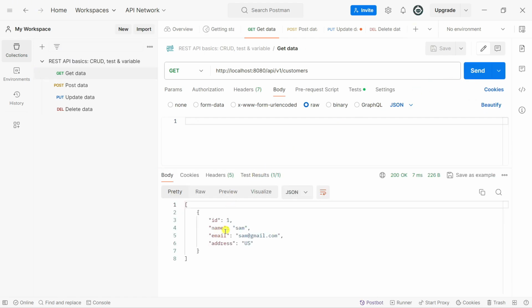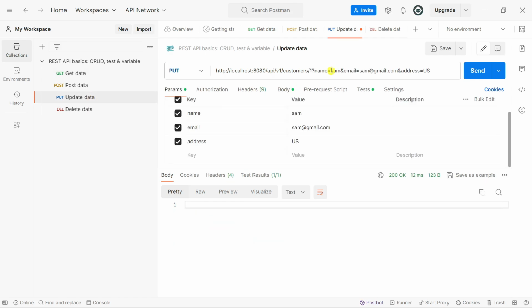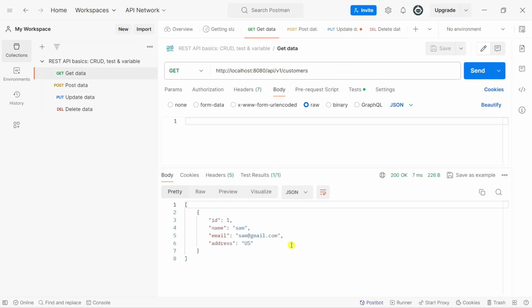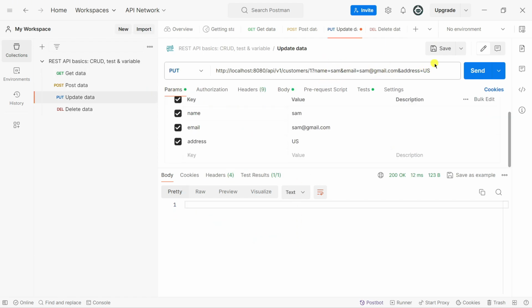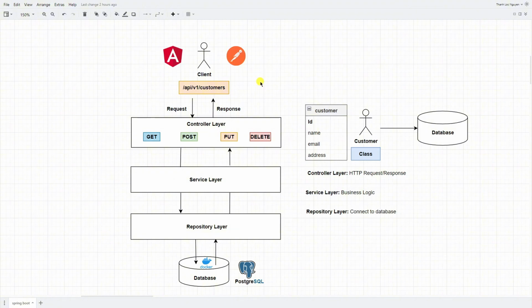So you can see that you can update the specific field you want, or also you can update all of the fields in here. So now the customer has the flexibility to update any attribute or field of the customer. So right here we have already implemented the get, post, put requests.